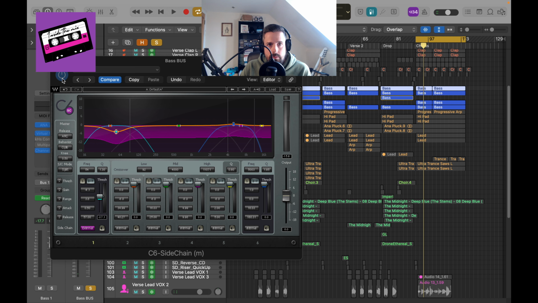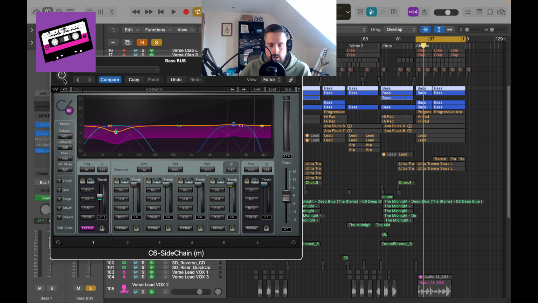Okay, so another sidechain compression technique I like to use is I like to sidechain the kick to the actual bass. And I like to use that to create space in the sub-frequencies and the low-end frequencies for the kick to poke through without having to use a high-pass filter and roll off all of the low end of